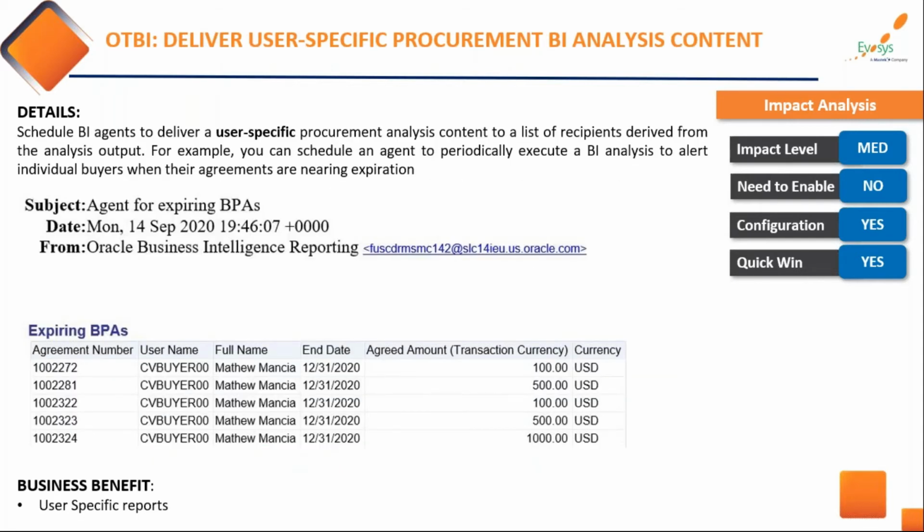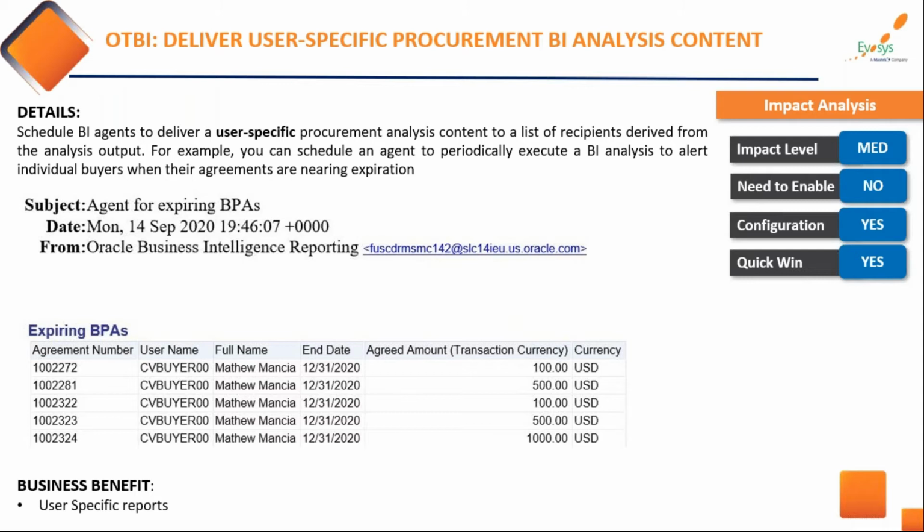Moving to the next is a part of the OTBI, our Oracle Transactional Business Intelligence, where the feature is to deliver user-specific procurement BI analysis content. It could be possible that we are preparing a custom OTBI report where we want to capture any expiring blanket purchase agreements. As a part of this feature, we could understand that any specific recipient which has been derived as a part of this overall analysis, for example, the buyer, when we use the buyer column as one of our existing columns in defining this OTBI report, we could trigger this specific analysis to that buyer so that we don't